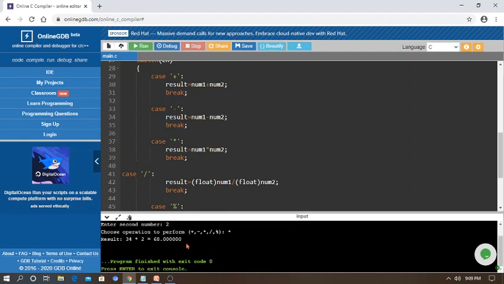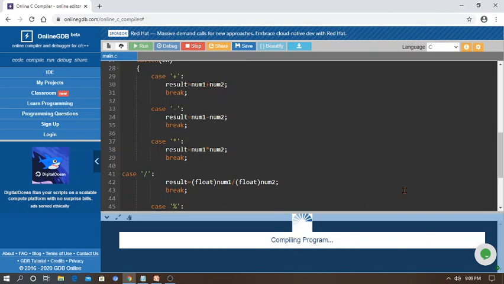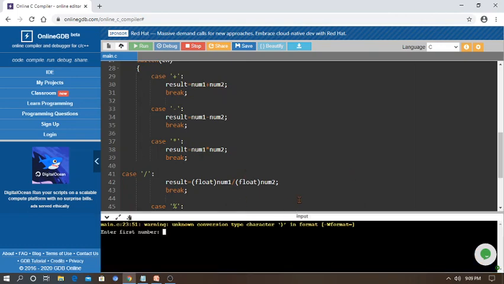So like that you can perform the other operations. Now how do you check the default statement? You can use some other option. If you press some other symbol, what happens? I am just entering 12, no issue. Another number also I am giving 12. Then, since there is no match, it will print invalid. So it prints invalid operation. So like that you can use the switch statement easily in C programming.